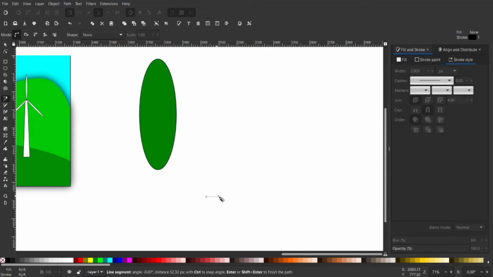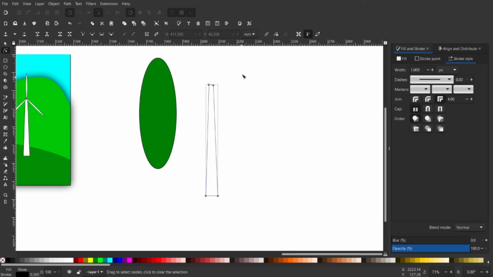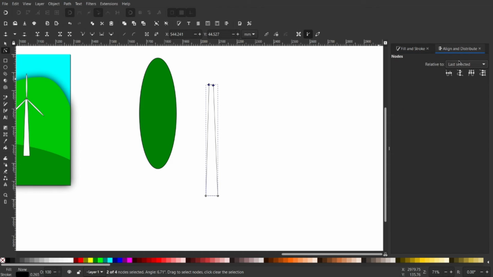That snaps angles of 15, 30, 45, 60, 75 and 90, and you can just click another time and then just click, click and click, and then press N on the keyboard and just click and drag on the above nodes we just created, and then hover onto the align and distribute menu and make sure you have left selected from the drop down menu, and then